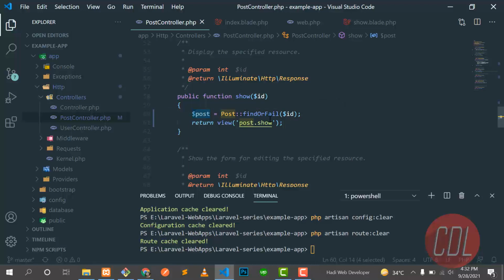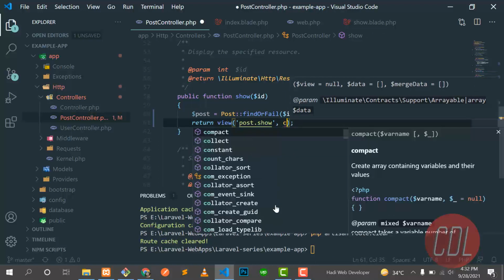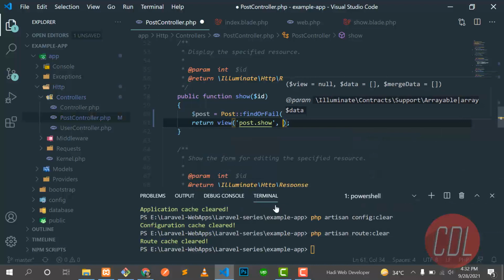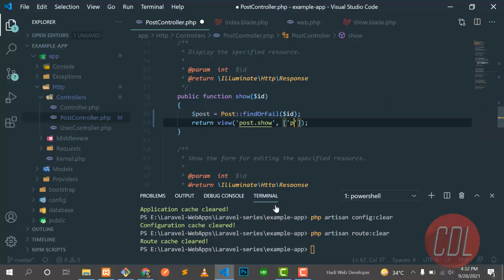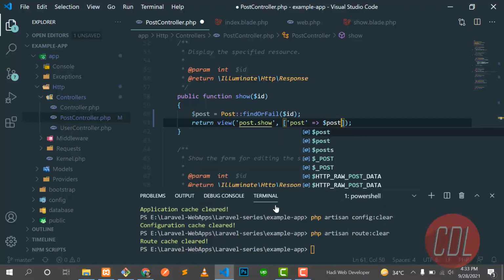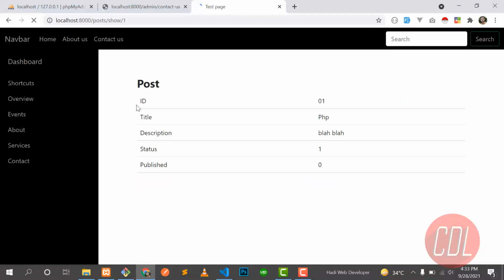So copy this, and I want to display this post on the post show, so that's why I'm passing this with the compact. You can also pass with an array like this, post, and then the post name would be its variable post, right? So let's go to the show page, and yes, it's displaying.